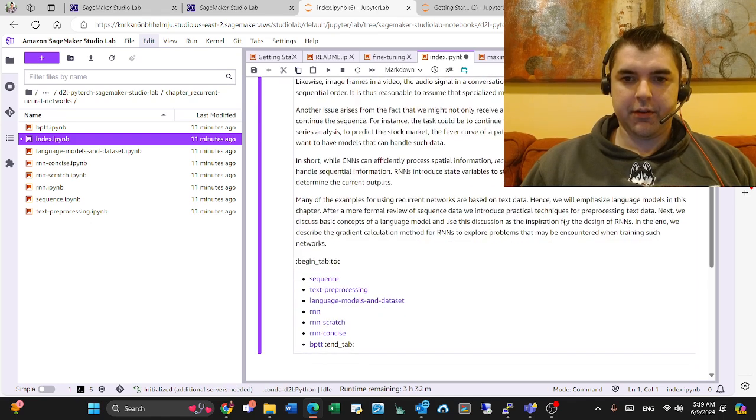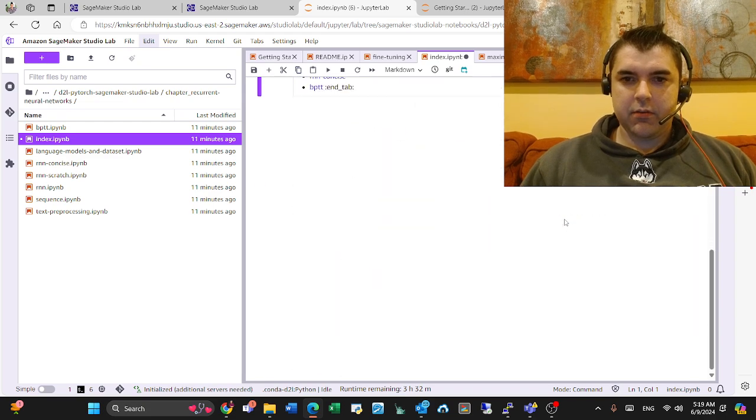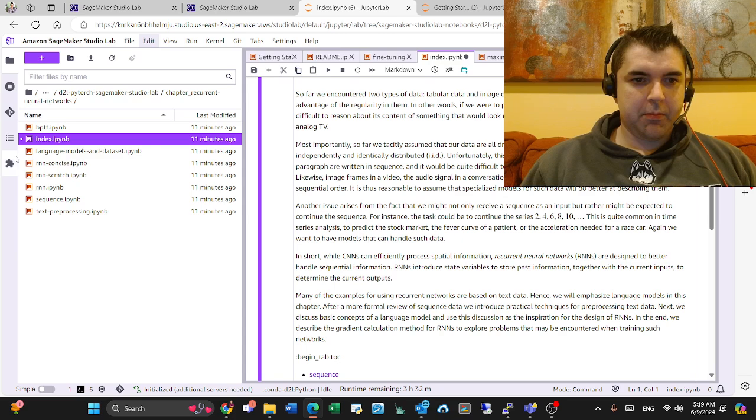Here's RNNs, tabular and image data. This is just the index. I want to see the